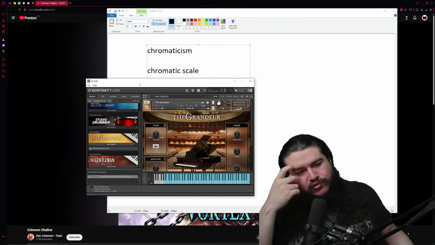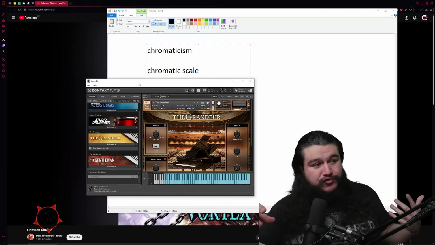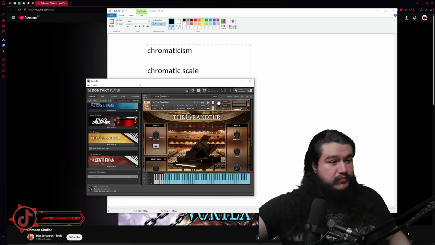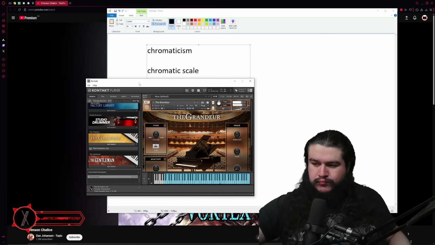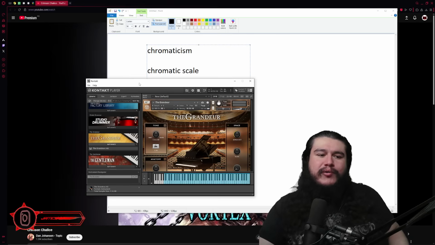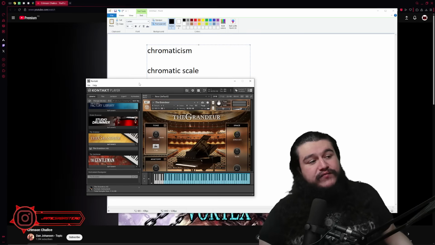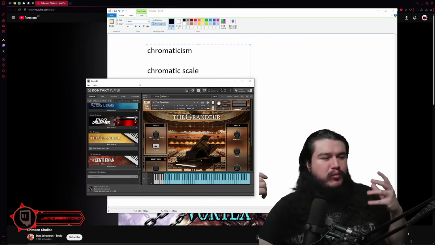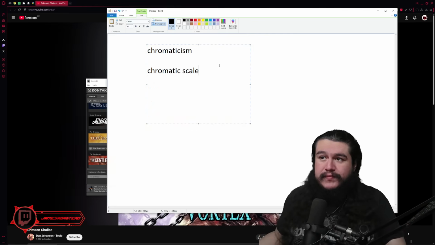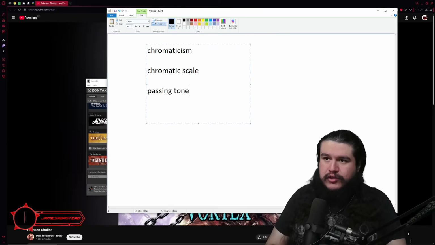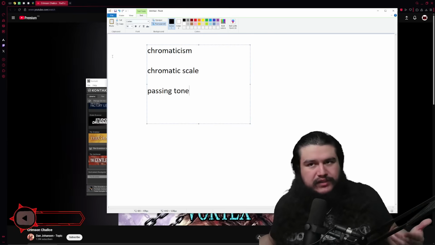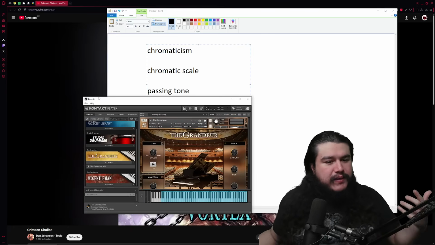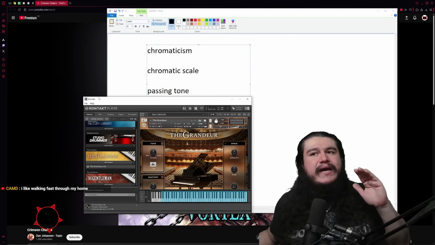Out of the chromatic scale, of course, we have certain formulas that give us our usual scales. For example, the key of C major, which is all the white keys played from the note C all the way to C. Now, chromaticism is when you borrow any of the notes that do not belong to your existing scale, usually for the purpose of being what is called a passing tone. A passing tone is, as the name says, a tone that is just passing by. It's not necessarily part of the harmony or the melody or anything, but it's just there to add